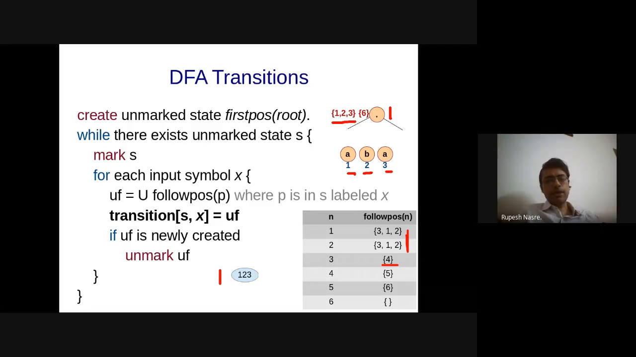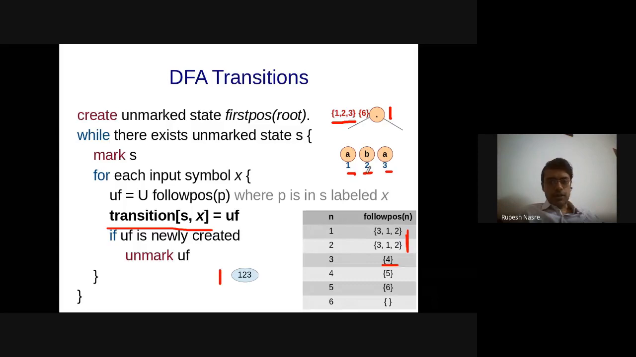Right? So that will be my new state, and that is the new transition that I am going to add from state 1, 2, 3 on symbol A. The union of followpos is going to be 1, 2, 3, 4. Right? And what happens on the other symbol B? From the state 1, 2, 3, the symbols are going to be